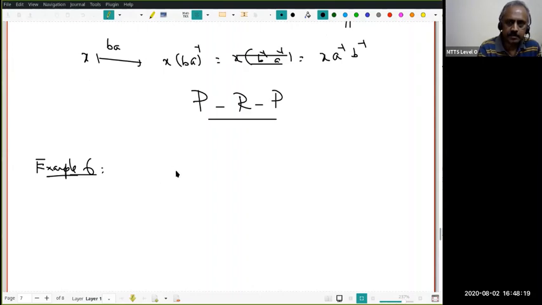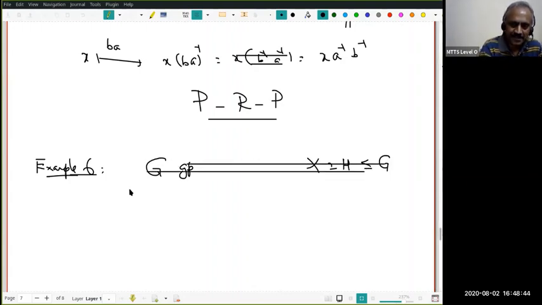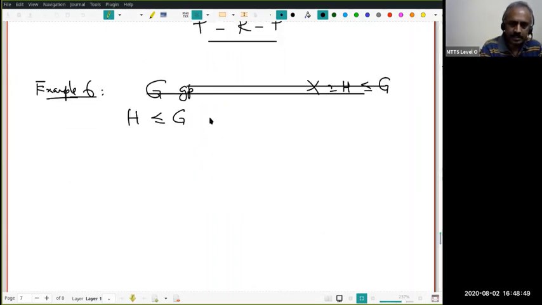Right. Now, I have about 10 minutes, so I'll give 2 more examples from abstract group theory. We will stop the lecture with that. Let G be a group again and let H be a subgroup of G. My set X equals G and my group equals H, not G.